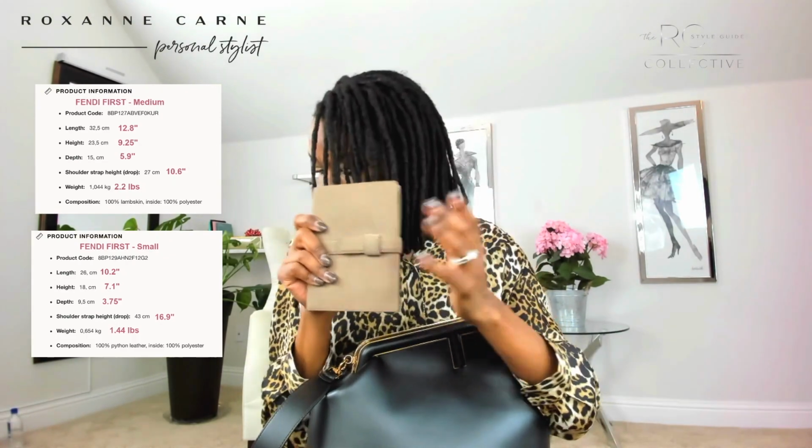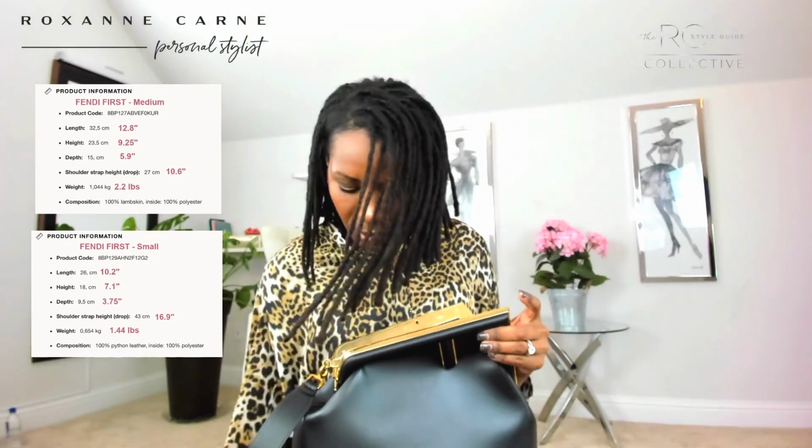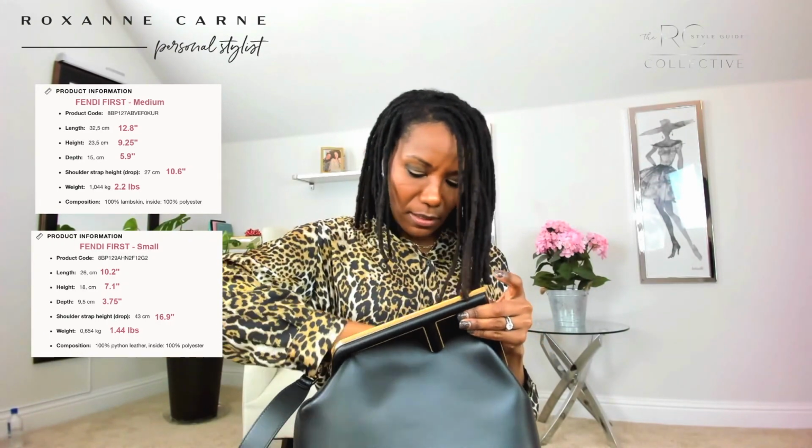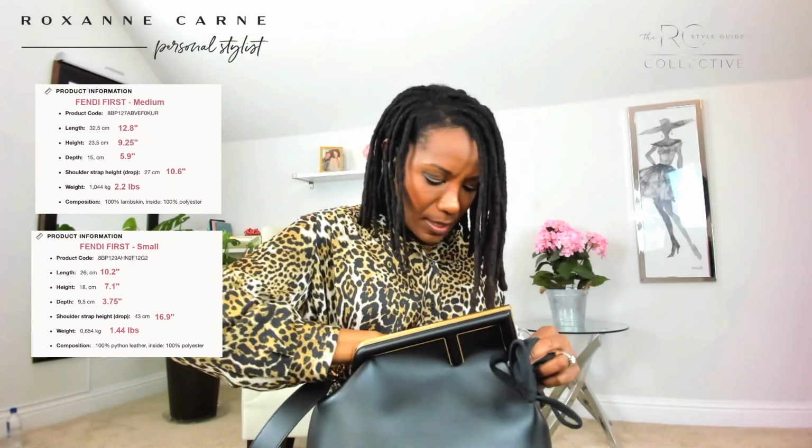I use this to hold my business cards. It's got a notepad in it and my measuring tape. So whenever I'm visiting with clients or traveling, I always have this with me because it has the essentials in there that I need for my clients. My little flat wallet holder here, and some hand sanitizer from Clear from going through the airports, my mask, and